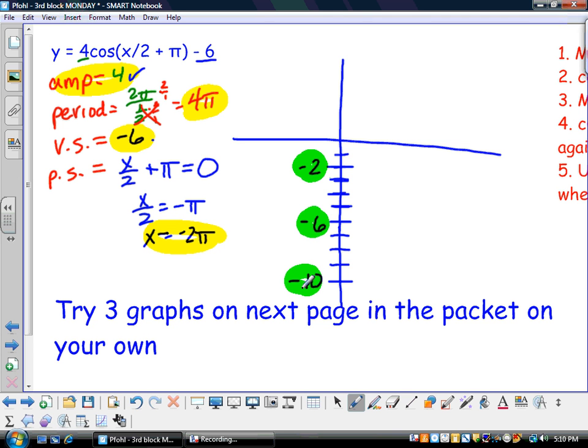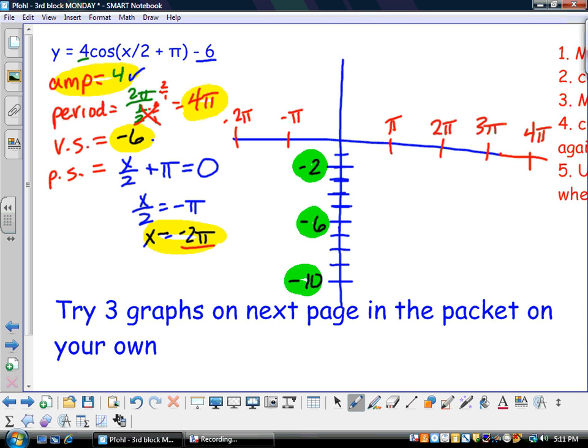Next step, mark the period. The period is 4 pi. Cut it in half again. The third one's easy to find on this one, 1 pi, 2 pi, 3 pi. Then use the phase shift to decide where it starts. It's going to start at negative 2 pi, so I need to mark where negative 2 pi is on the